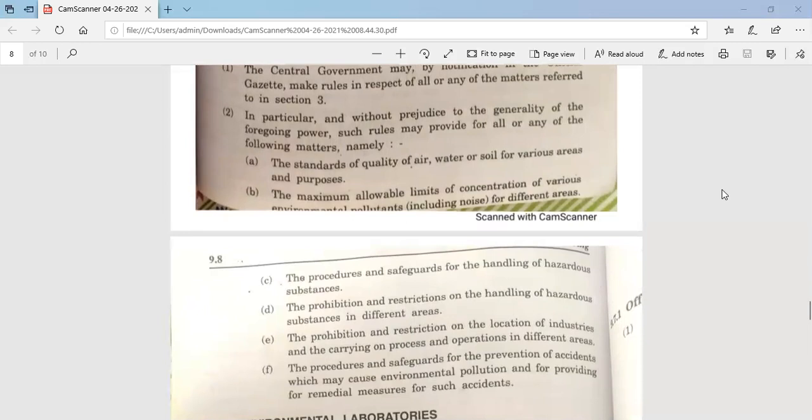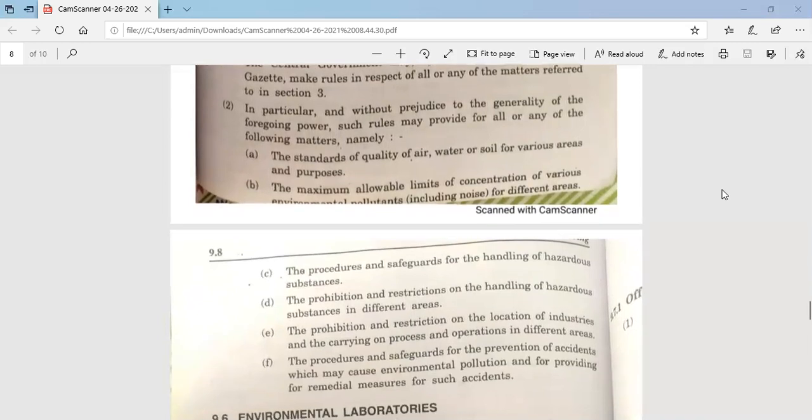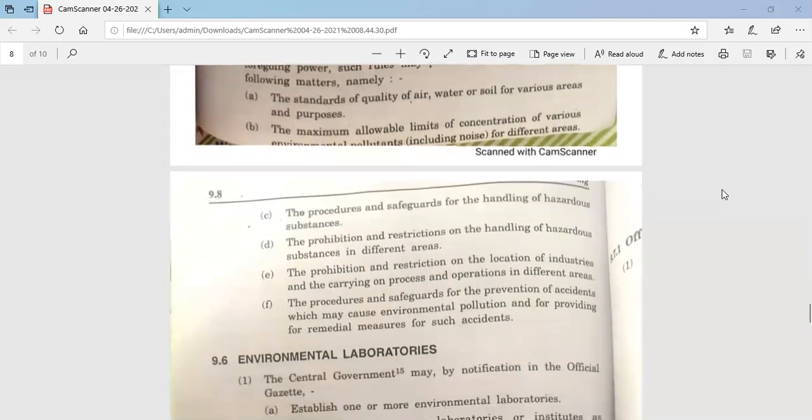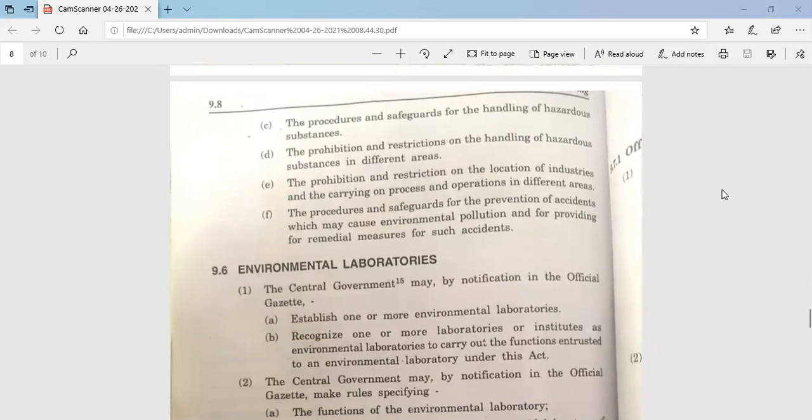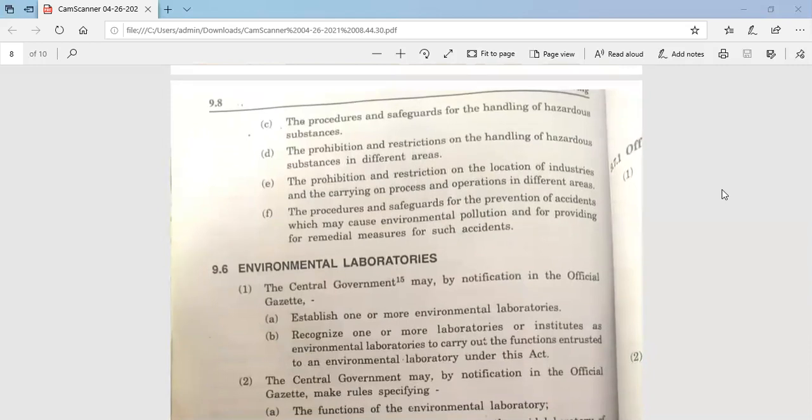So in particular and without prejudice to the generality of the foregoing power, such rules may be provided for all or any of the following matters, namely: the standards of quality of air, water or soil for various areas and purposes; the maximum allowable limit of concentration of various environmental pollutants, including noise, for different areas; the procedures and safeguards for the handling of hazardous substances; the prohibition and the restriction on the handling of hazardous substances in the different areas;